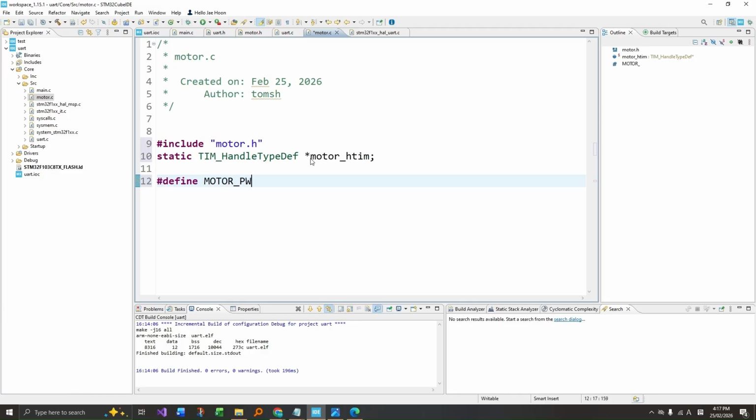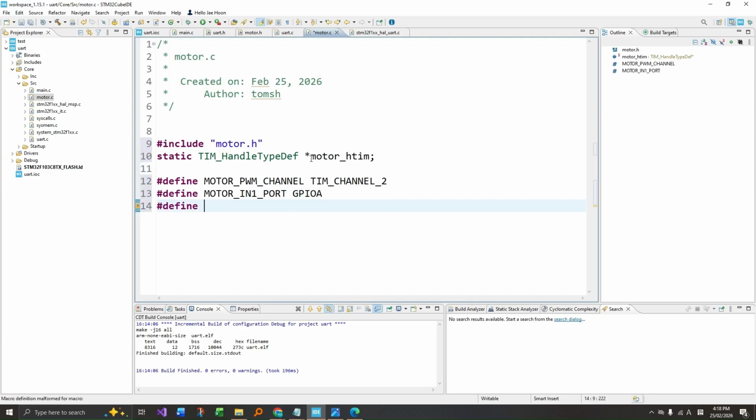Motor PWM channel is timer channel 2. Based on this motor driver, there is the in1 pin. The port is GPIO-A, and when it comes to pin, this GPIO pin 10,